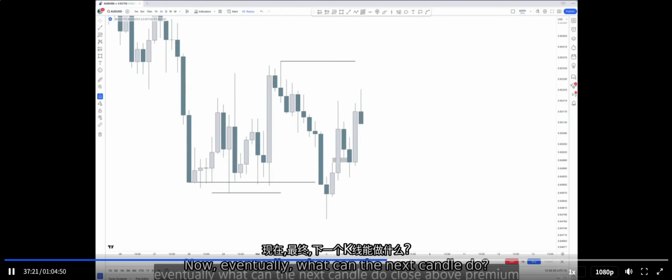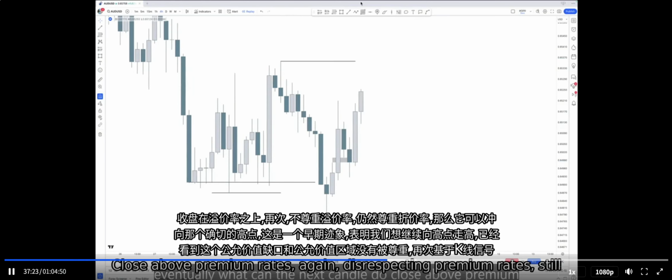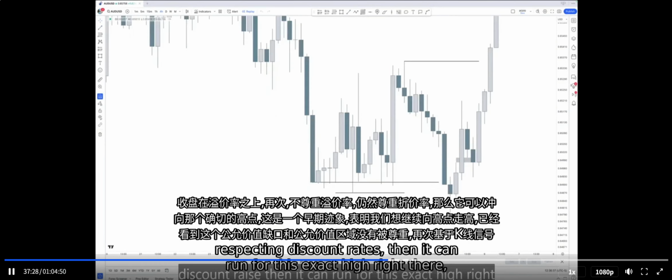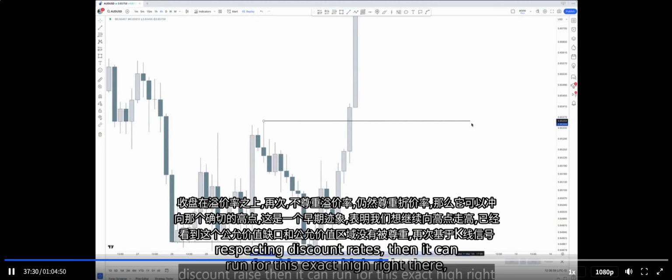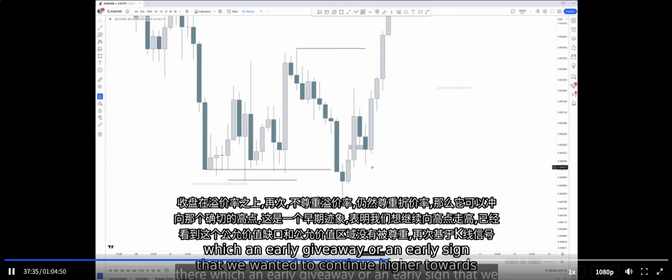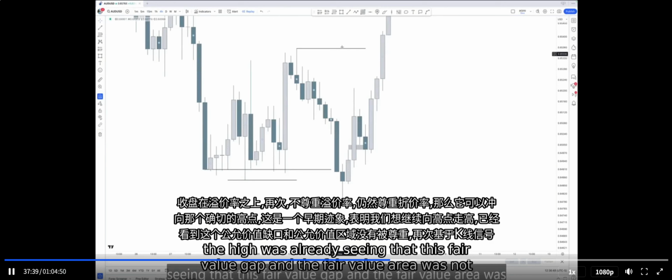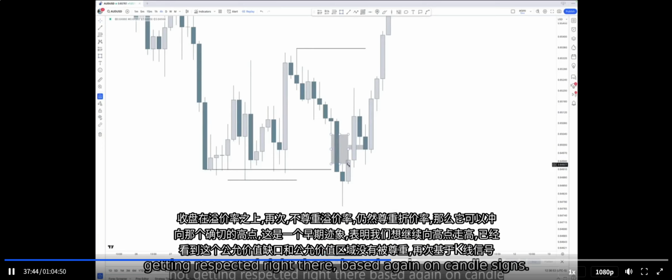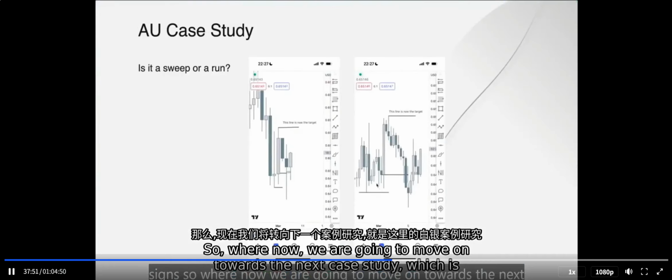Now, eventually, what can the next candle do? Close above premium raise, again, disrespecting premium raise, still respecting discount raise, then it can run for this exact high right there, which an early giveaway or an early sign that we wanted to continue higher towards the high was already seeing that this fair value gap and the fair value area was not getting respected right there, based again on candle signs. So now we are going to move on towards the next case study, which is right here,